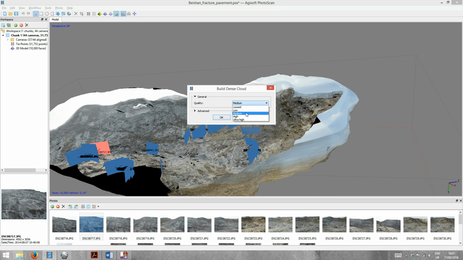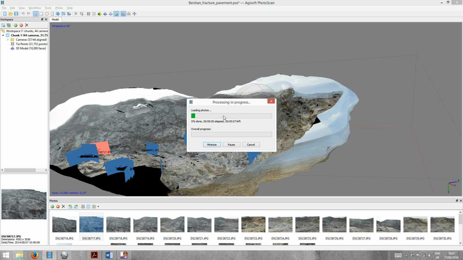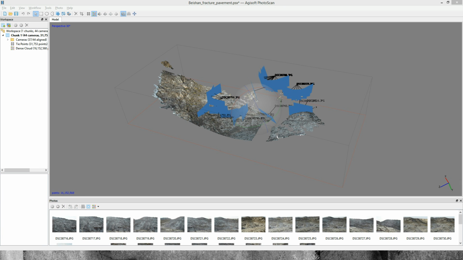Now that I know that the scene will work, it's probably worth calculating this at a higher quality. Just clicking OK, and the software gets to work. Building a dense point cloud typically takes a long time. Now it suggests it's going to take 1 minute, but it will probably increase, and it will probably last about an hour. So let's fast forward through this. So it took about an hour, but now the